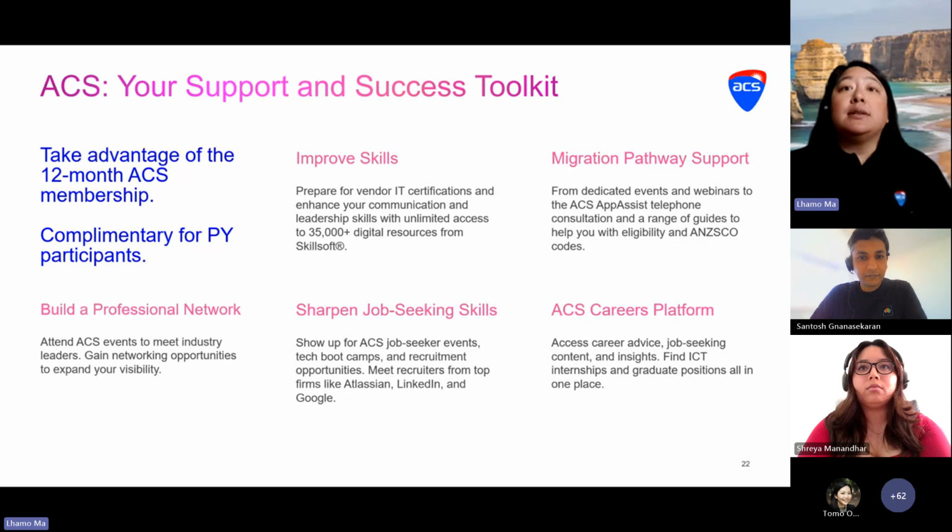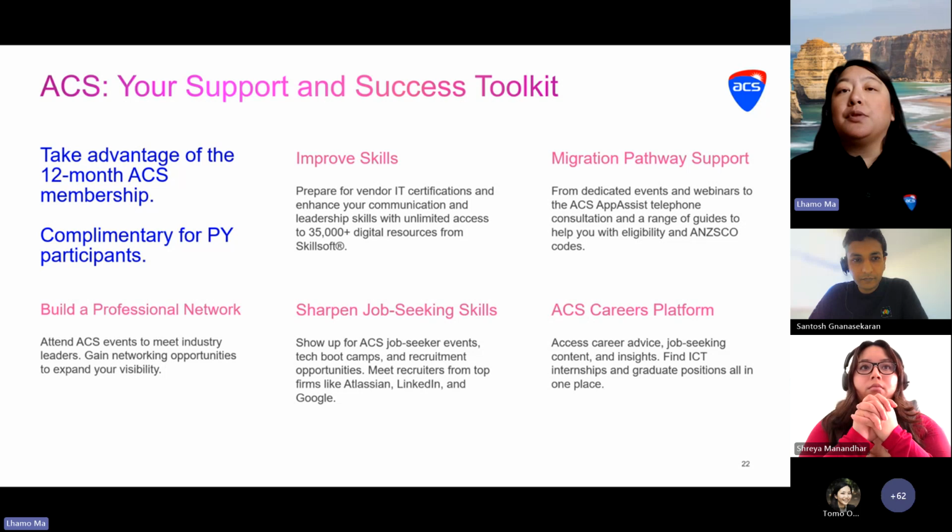I think it's really worthwhile to call on the membership, which gives you access to Skillsoft, an online learning library with heaps of resources, from preparing you for vendor IT certifications, which is very important in career development in the tech sector, through to those soft skills and leadership skills that you need to develop as you